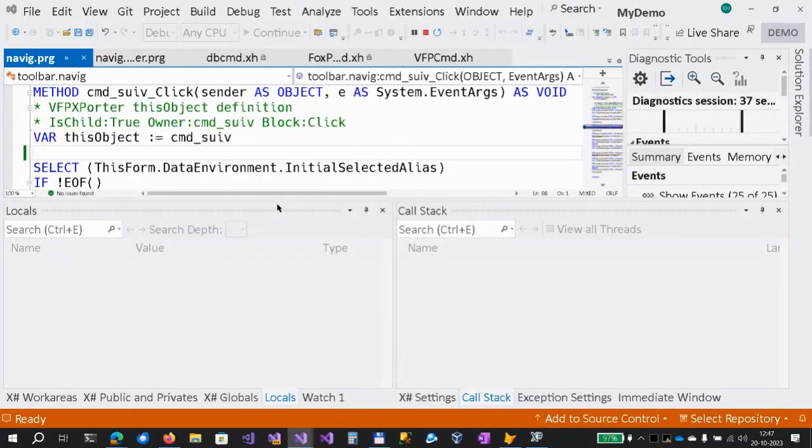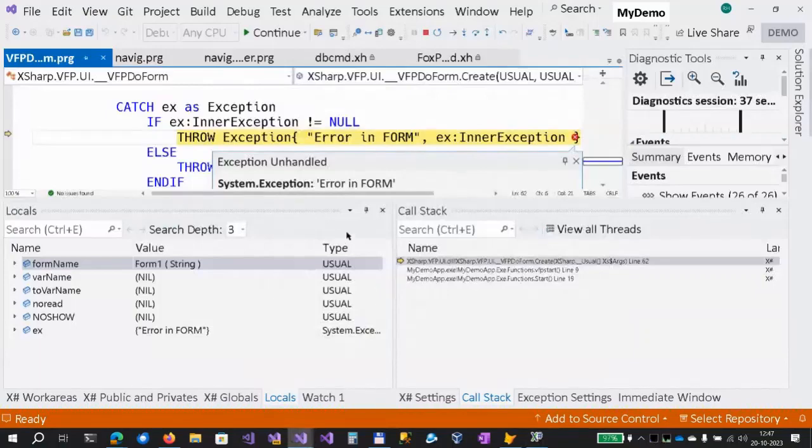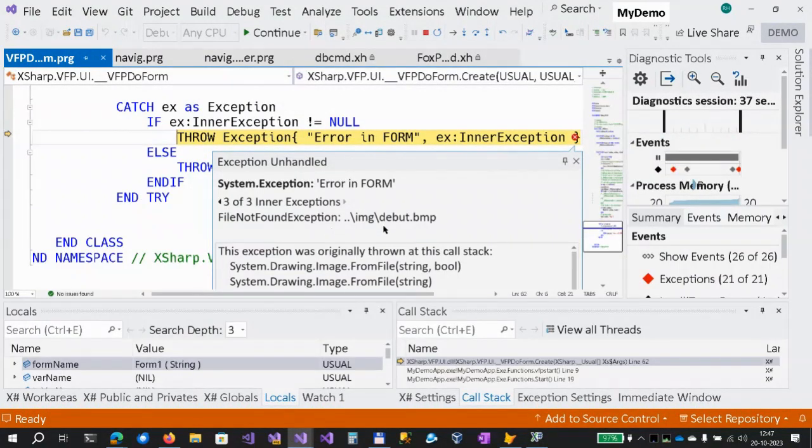The next will bring up the form, but this will crash. And why? We should see an error here. Okay, it says a file not found. The FoxPro code had a relative path to the images for the toolbar, and it was relative to the class library where it was declared.